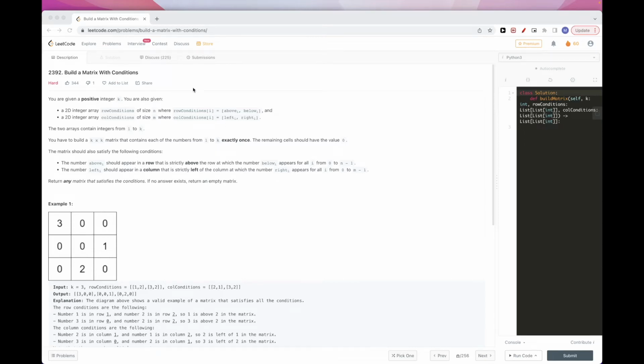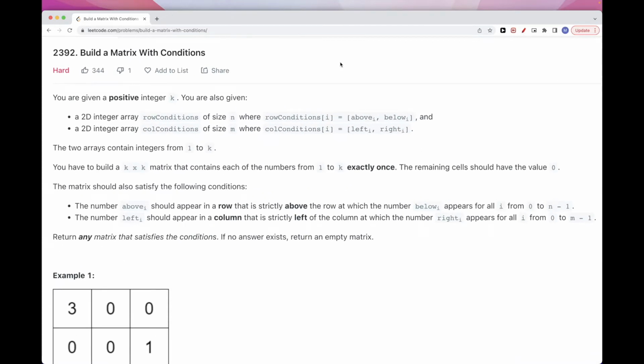Hello, so today we are going to do this problem called build a matrix with conditions. This is part of LeetCode contest 308, this week's contest. So let's get started. The problem says we get a positive integer k, and we get two integer arrays,